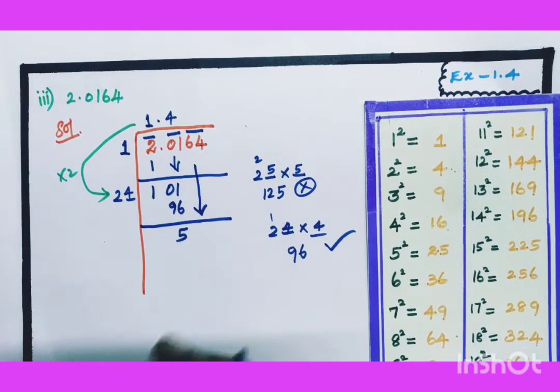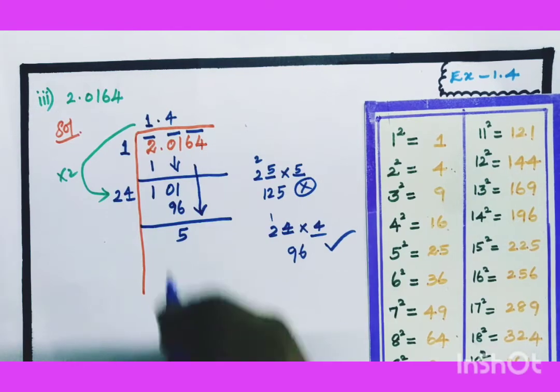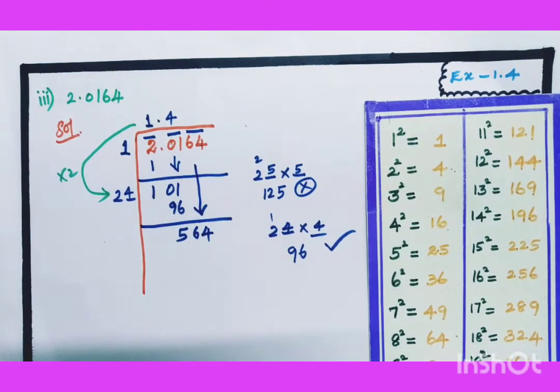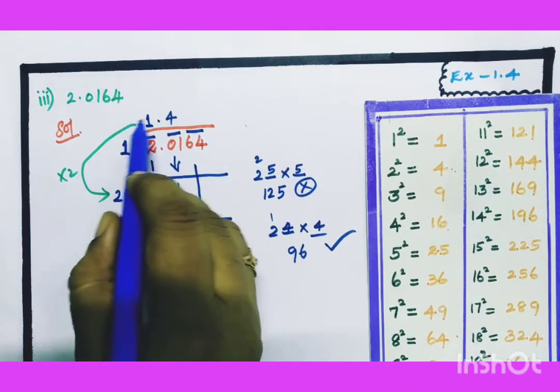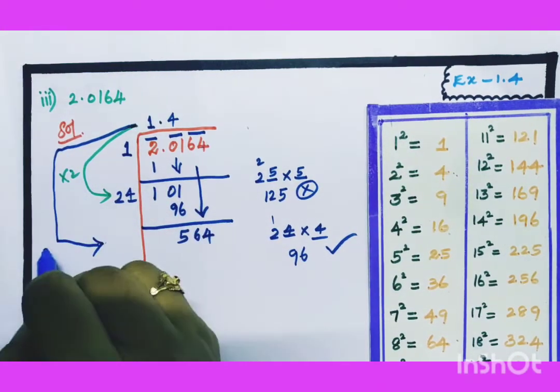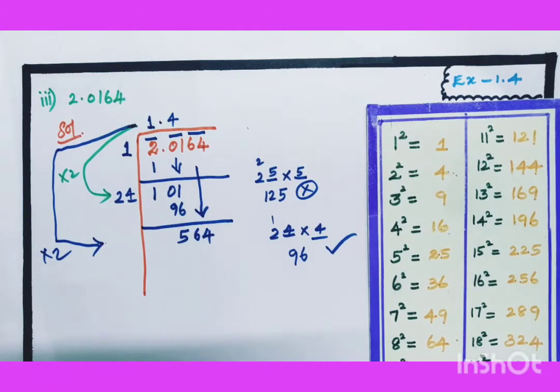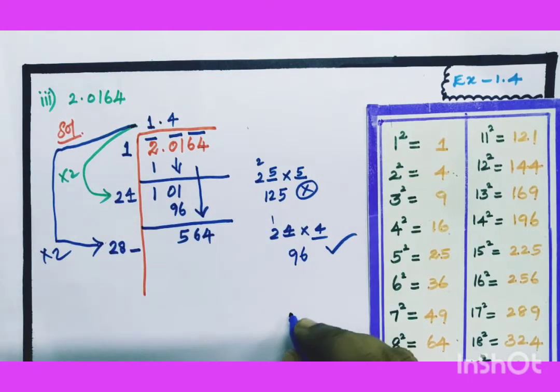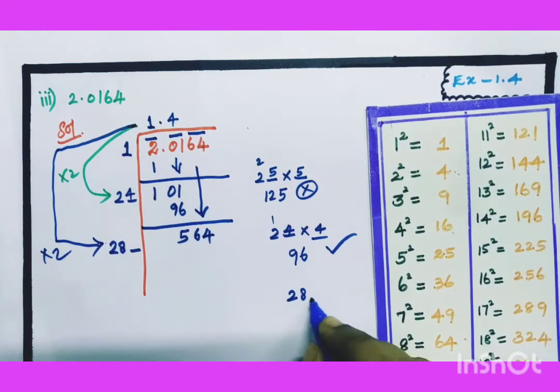Next is 64, for subtraction only, because there the 0 will be there and they will make mistakes. That's why I say next 64. Write down the pair. Next step is what? I want to take the number that is there into 2. Don't consider the point. 14 into 2. So 14 plus 14 is 28, or multiply, whatever. So 28 dash. So here I will write 28 dash into dash.